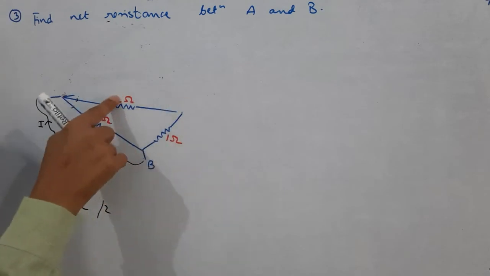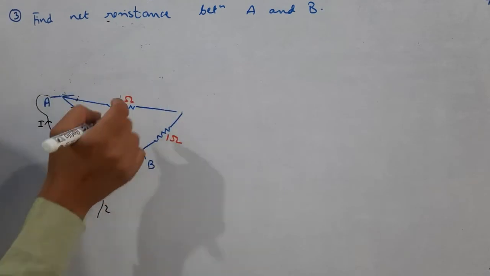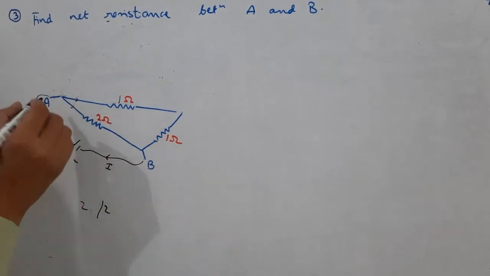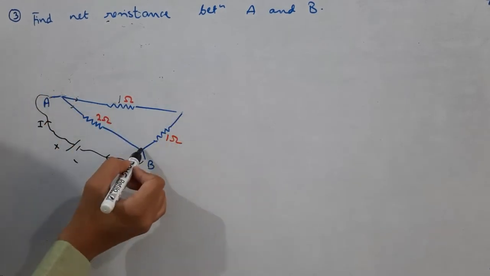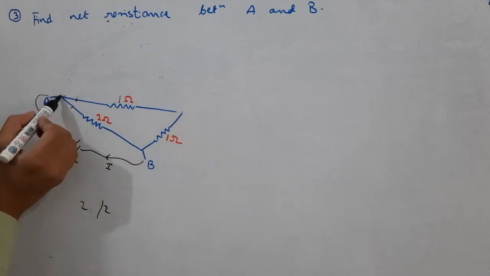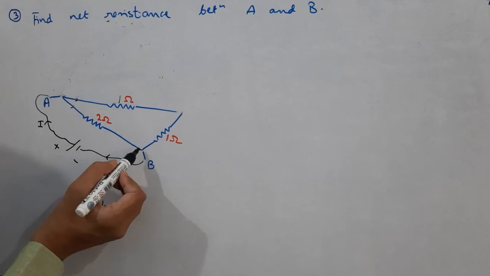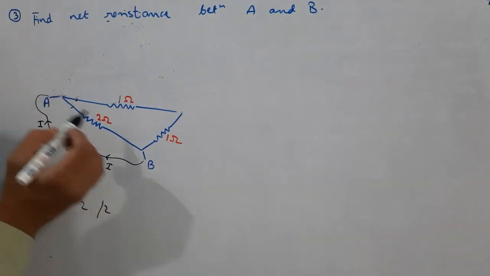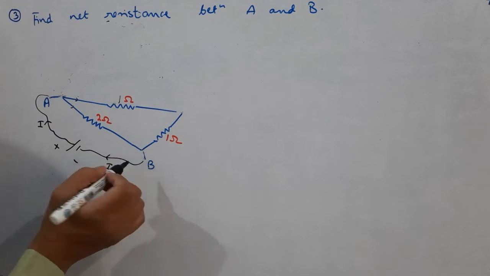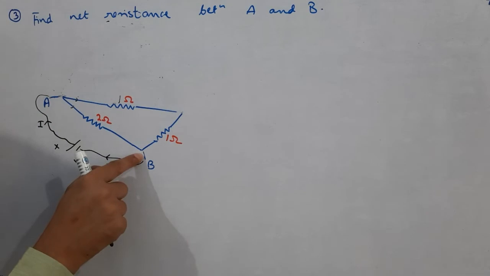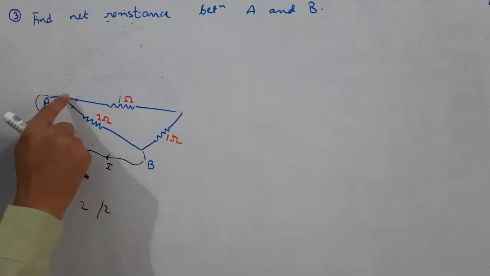That will become 1 ohm. Again this 1 ohm and this 1 ohm are in series. You can see current will come like this, it will come like this. Now you might think, sir, why will it not go like this? Because we have to find the equivalent resistance between A and B. Between these points I have connected the battery. So the current will enter at A and it will leave at point B. That you must remember. So the current has to flow like this, that is one path from A to B, and from A to B the other path is like so.